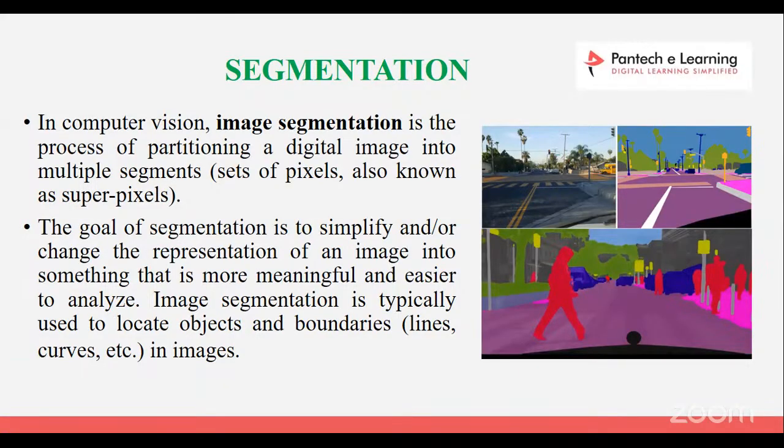After applying segmentation, how does the system identify this is a person, this is a bike and a car? It is because they already trained the data. If features like this are there, it means this is a person. If edges and features like this are there, it means this is a dog, a car, a bike. Based on the features, it gets the idea. That is the use of the image segmentation method. Okay. Nowadays image segmentation is mandatory, because nowadays they are developing automatic driving cars and robotics, and for those, image segmentation is mandatory.